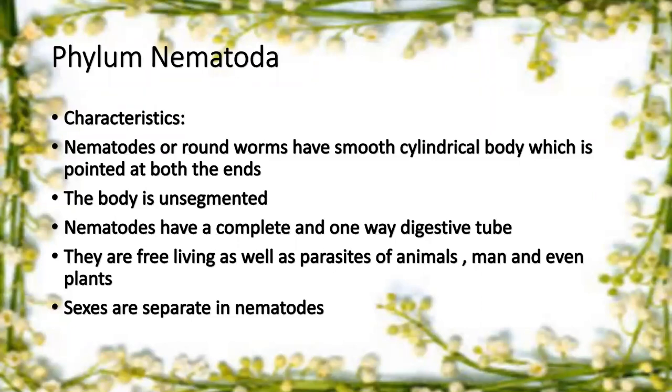Phylum Nematoda. Characteristic क्या है? They are round worm है, body cylindrical है, दोनों साइड से, एंटीरियर साइड से और पोस्टीरियर साइड से पॉइंटेड है, टैपरिंग है, नोकदार है। एक साइड पे माउथ है और दूसरी साइड पे एनस है। The body is unsegmented. पूरी बॉडी में कोई सेगमेंटेशन, कोई डिवीजन नहीं है। इसकी बॉडी में पूरा कंप्लीट डाइजेस्टिव सिस्टम होता है जो कि वन वे है, माउथ से स्टार्ट होता है और डाइजेस्टिव ट्यूब कनेक्ट करती है माउथ को, और ये डाइजेस्टिव ट्यूब एनस में एंड होती है।